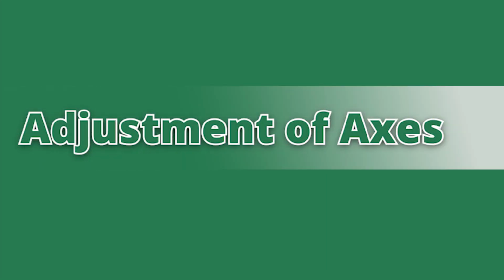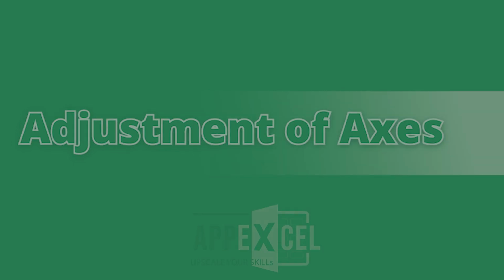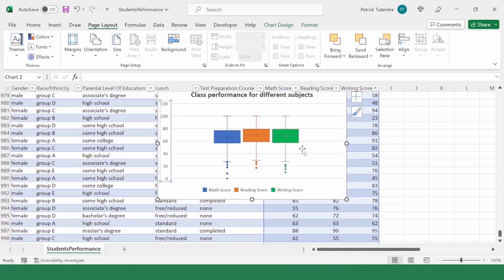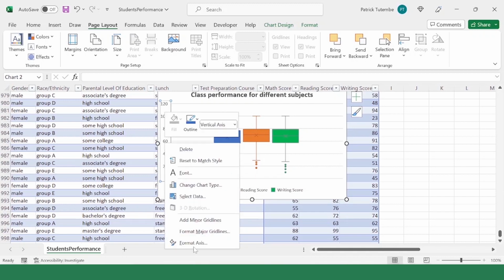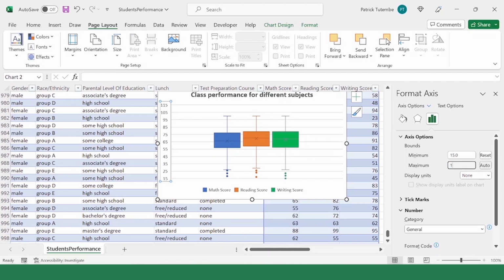How to adjust the maximum and minimum of the axis, and then also how to include the markers on our box plot. Now, when we select the horizontal axis, then we can come and format the axis, and then under format axis we have the fill and line, we have effects, and then we have axis options. In axis options we have the minimum. Instead of 0, let's put 15, and the maximum, let's put 100, because there could be people who actually scored